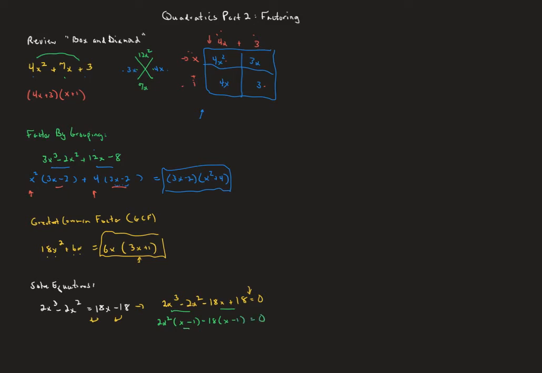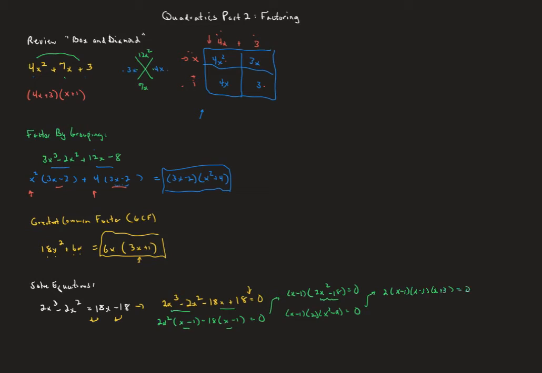This is good news because these x minus 1s are the same, so that's going to make us able to factor that out. That will leave behind a 2x squared and a minus 18 equal to 0. Now we can factor this further. If we first factor out that greatest common factor of 2, that will leave us with an x squared minus 9. You can either do your box and diamond, or if you recognize that as the difference of 2 squares, I'm going to bring the 2 all the way out in front. The x minus 1 will be there, and the x squared minus 9 will factor into x minus 3 times x plus